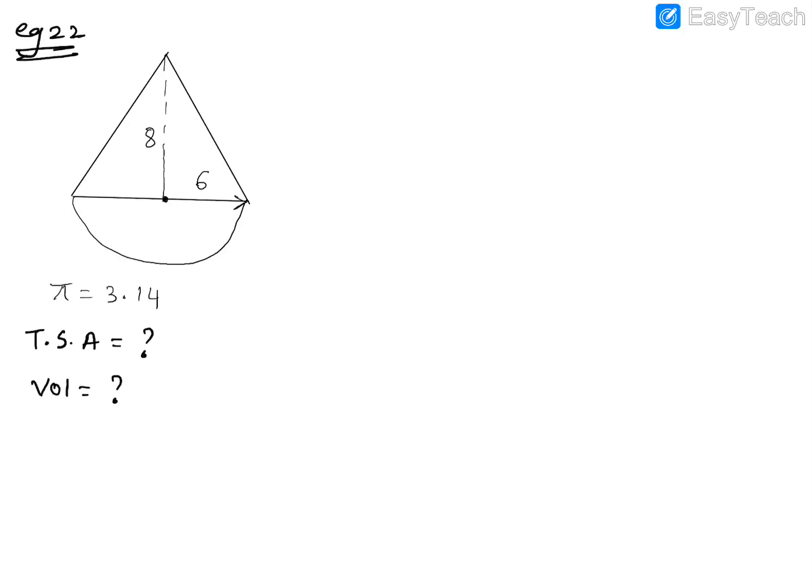So how will you find out the TSA? We'll first find out the volume. So now see, for finding the total volume of the object, what will it be equal to? It will be basically volume of the cone plus the volume of the hemisphere. So you'll have to write all these statements in the exams also. It's important to show how you're getting it. You cannot directly start with the formula.